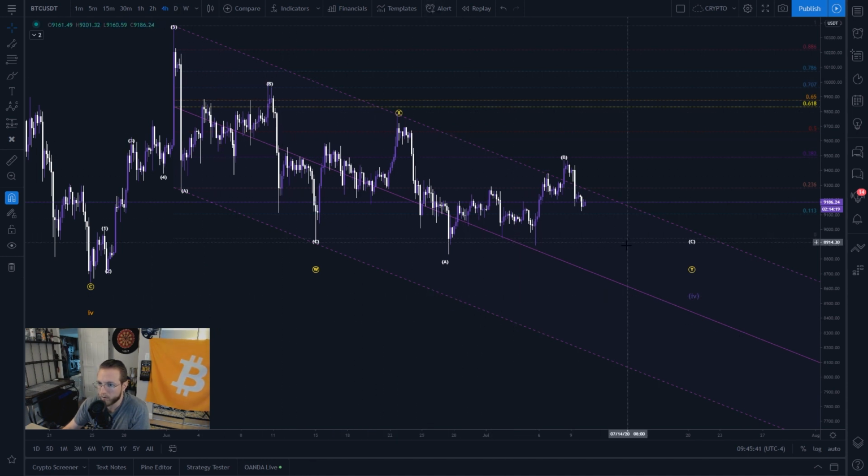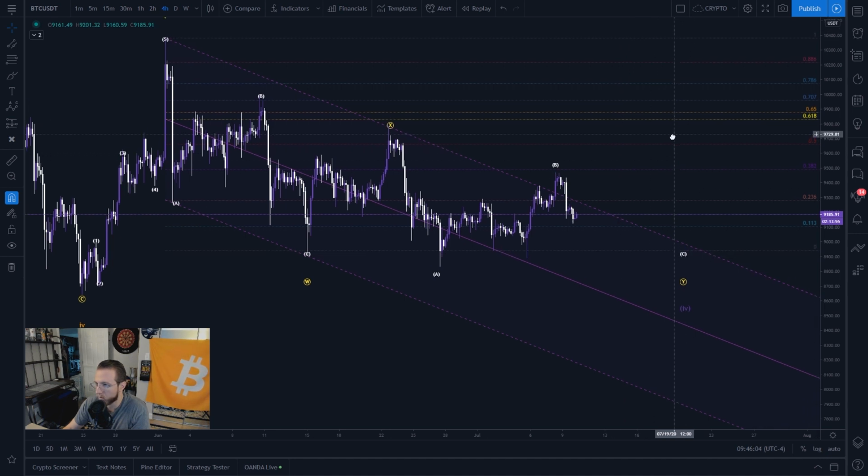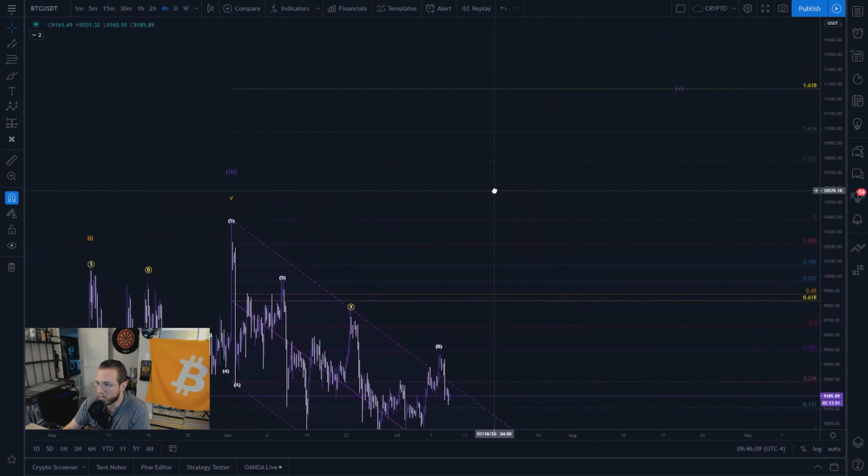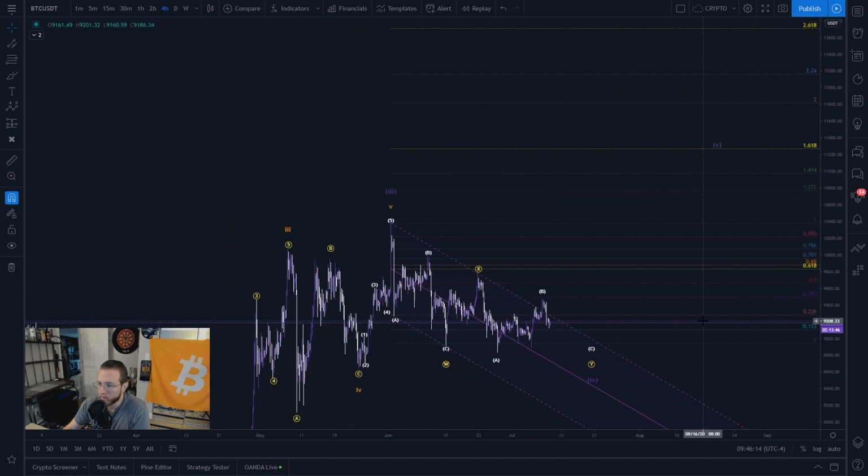Remember all of those higher lows and lower high labels that I had? I could put them on this chart too, but there's really no need because you can point them out very easily. High, low, lower high, lower low, lower high. This was a first higher low. So I'm proposing that if we get a higher low here and we get anything above 8,900, this last wick, this is where our target would be for the upside. It would be up here at our 1618 extension.